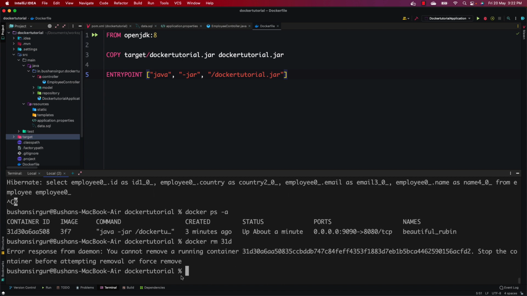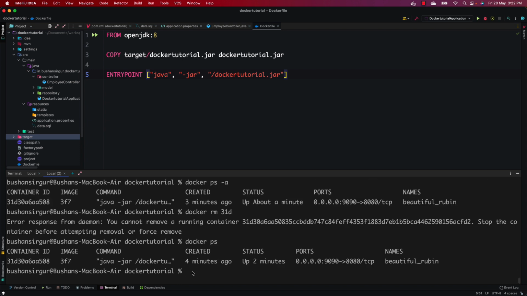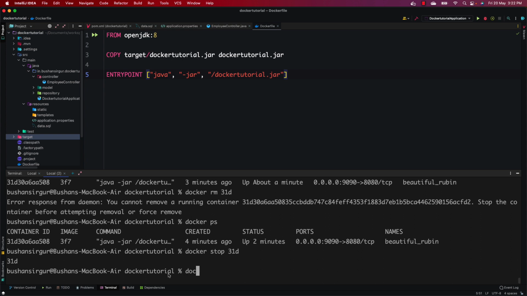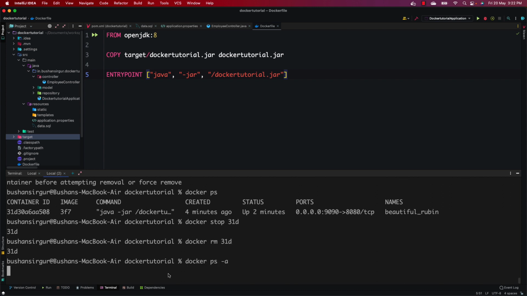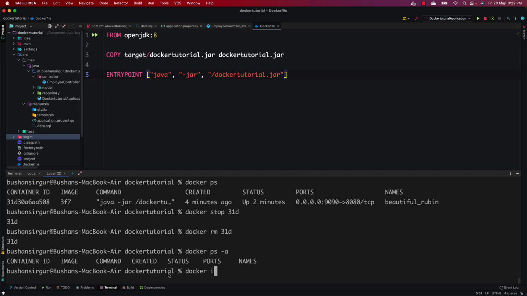This has not been deleted because it says: cannot remove a running container, stop the container before attempting removal or force removal. This is because our container is still running; with docker ps you can see the container is still running, and first you need to stop this. docker stop, you need to provide the container ID, which is 31d. Now it has been stopped. Now you can remove this. docker rm 31d, and now if you see docker ps -a, we do not have any containers, but docker images,